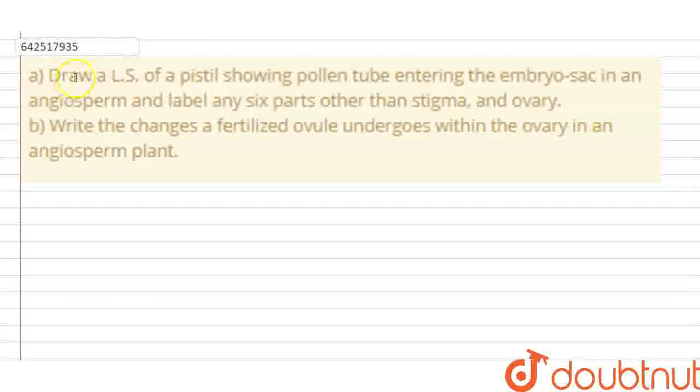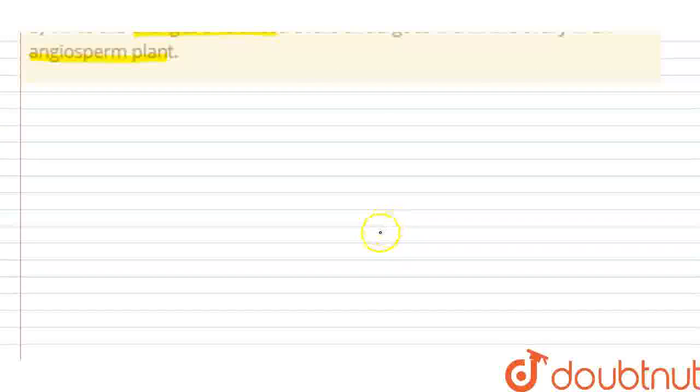Hello everyone. So the question says: draw the LS, that is the longitudinal section of the pistil, showing the pollen tube entering the embryo sac in the angiosperm. Label any 6 parts other than the stigma and the ovary. Write the changes the fertilized ovule undergoes within the ovary in the angiosperm plant. All right, so we'll draw the diagram for the